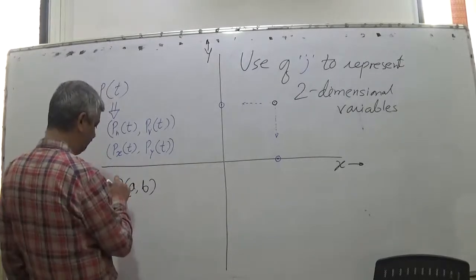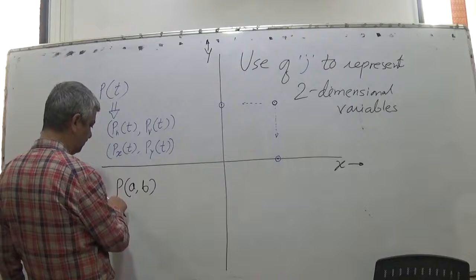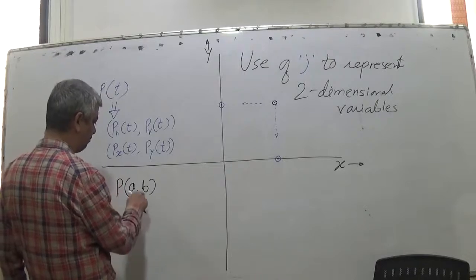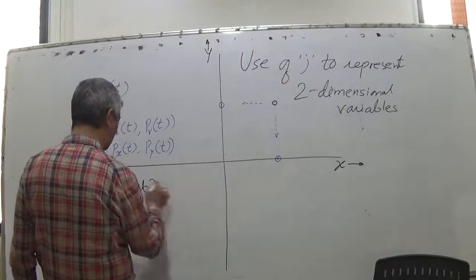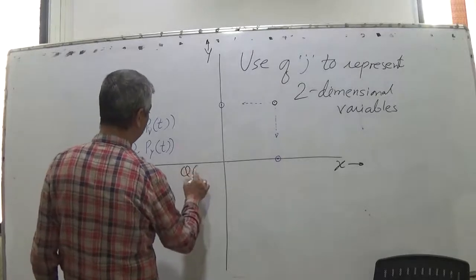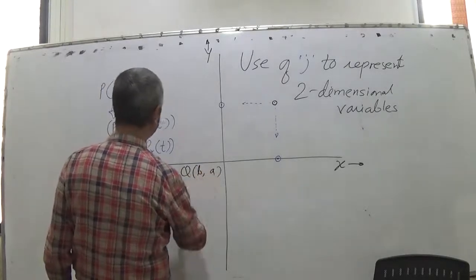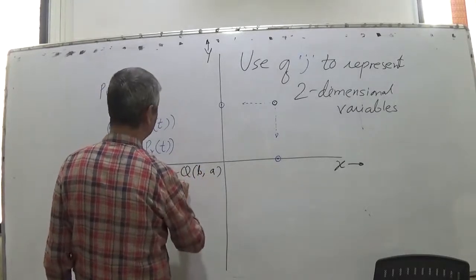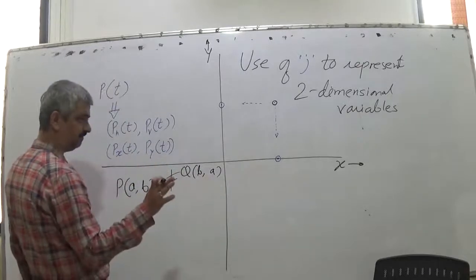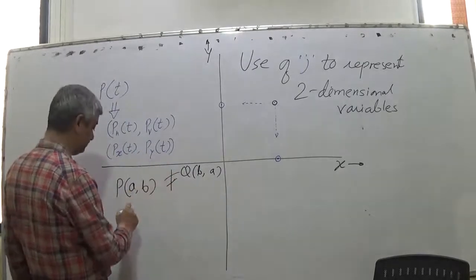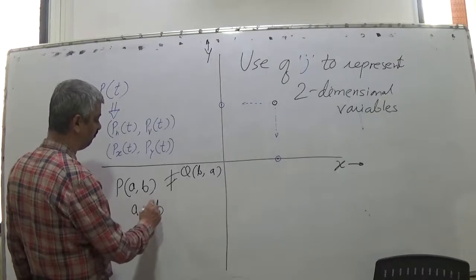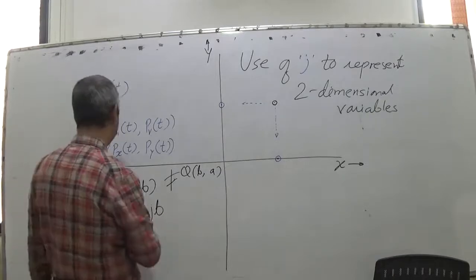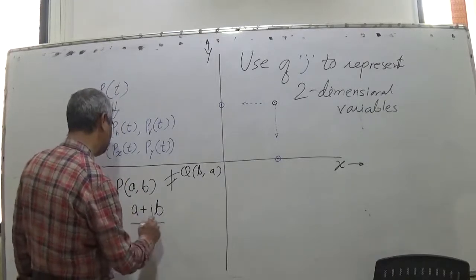So for a 2-dimensional variable (a, b), order matters. If I have P (a, b) and another point Q (b, a), these are not the same, these are different, because order is important. This is expressed alternatively by a plus jb, and it is said to be a single